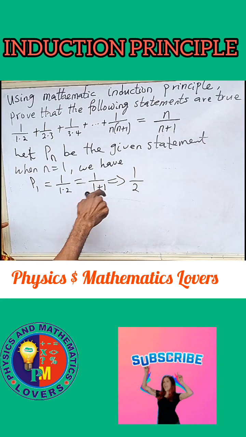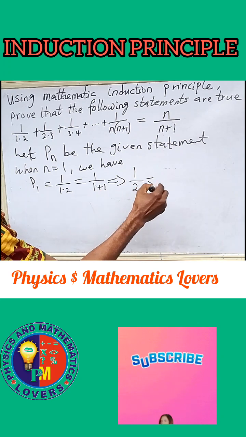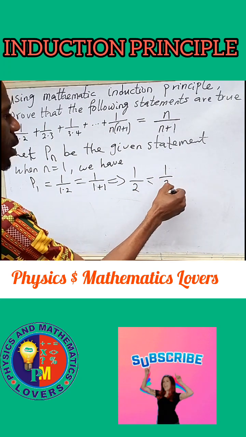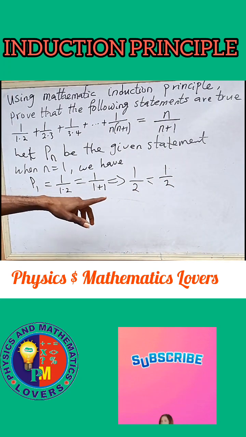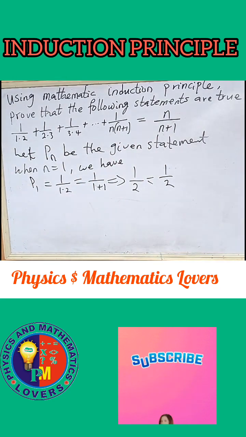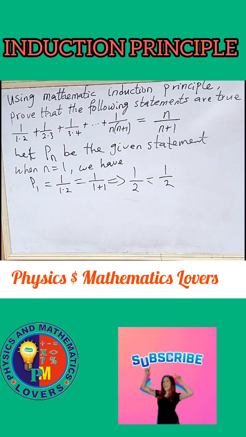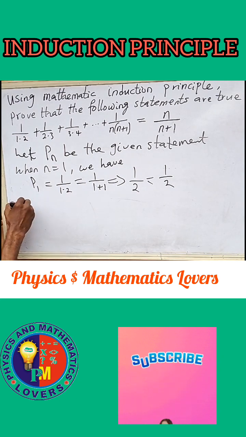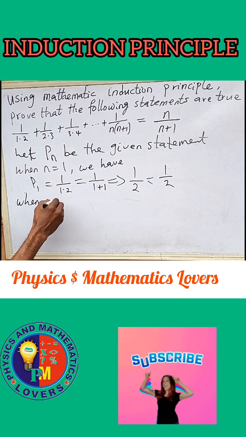Then here, 1 over 1 plus 1 is equal to 1 over 2. So this statement is true whenever n is equal to 1. So P(1) holds. Let's go to the second proof, where we have to assume that n equal to k is also true. So that is where we have n when n is equal to